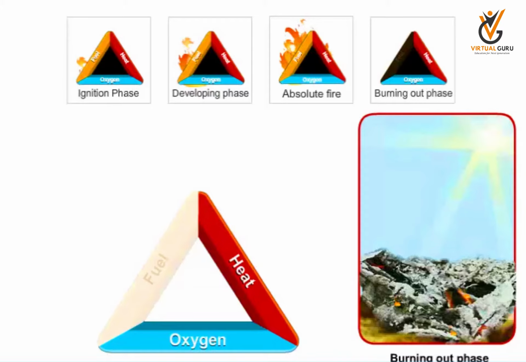Absolute fire phase. In this phase, the heat spread on the surface of the material penetrates into the depth of the solid or liquid. Intense flammable vapor will be generated at this stage. Burning out phase. The fire continues to burn until it consumes most of the vapor. In the burning out phase, most of the fuel gradually burns out and the fire dies thereafter.